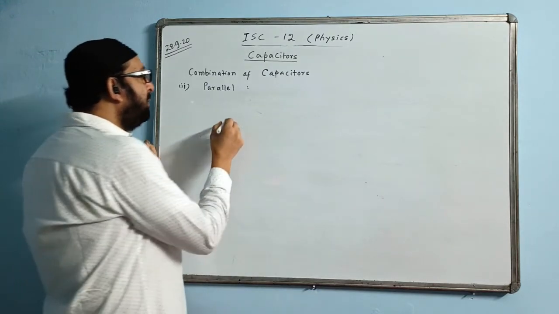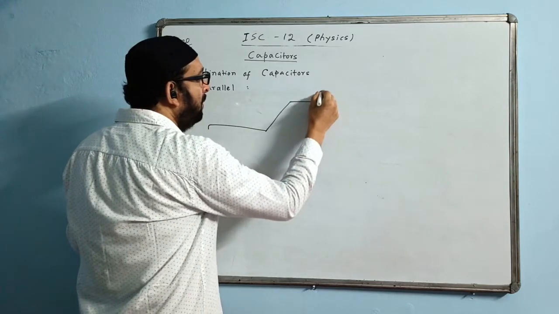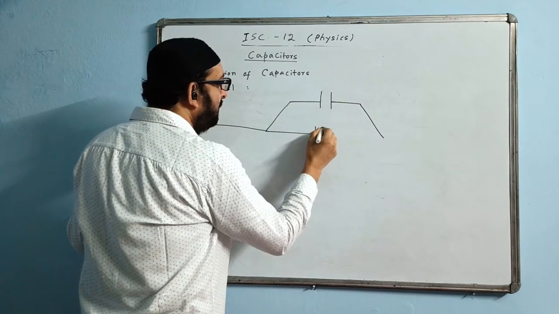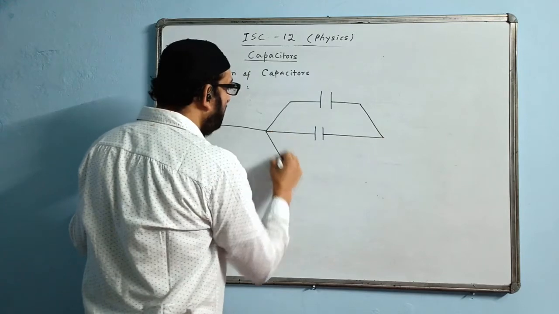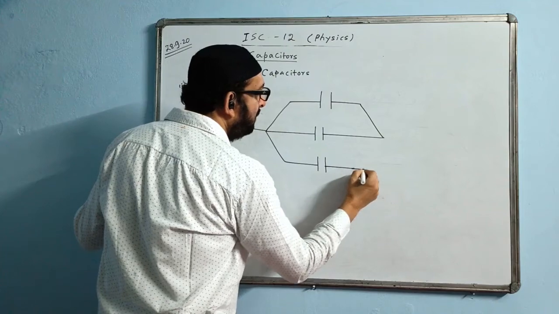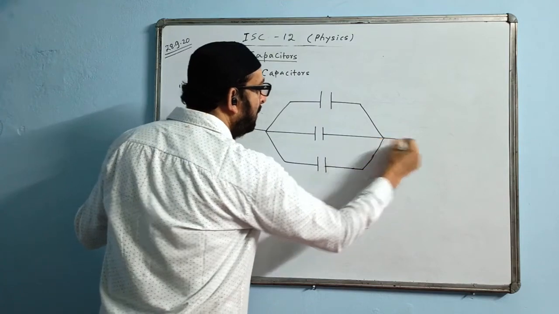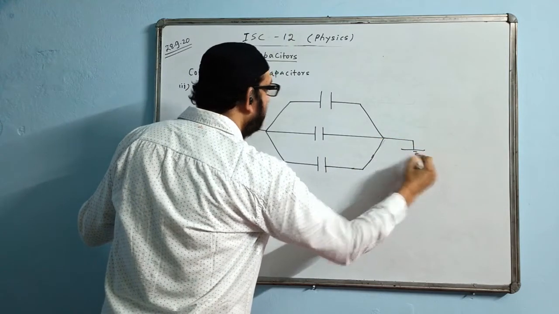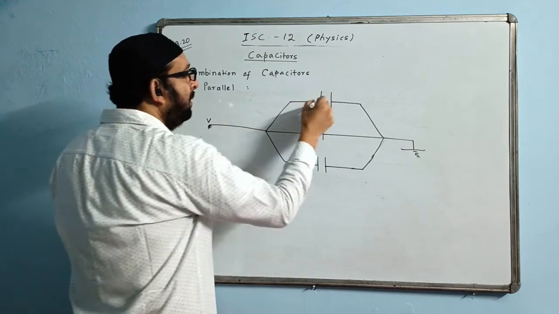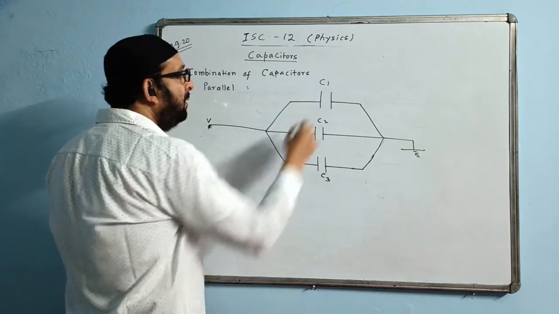Okay. Parallel, the diagram will now become like this. Just have a look. Here we draw the first capacitor, second capacitor. 3 is good enough, but all others will be following the same. One end will be earthed here, the other end, and this end is B. Here I let C1, here I let C2, here I let C3.